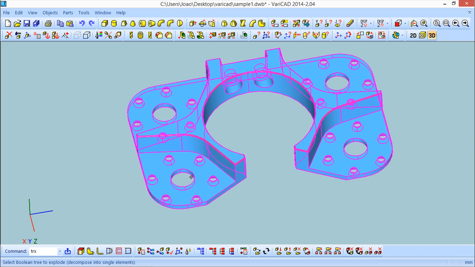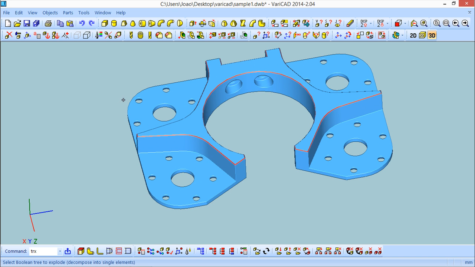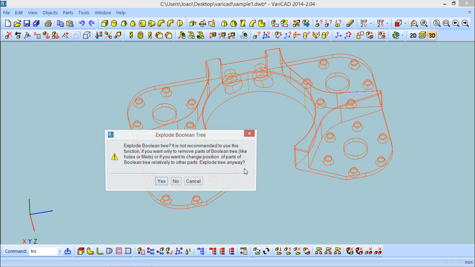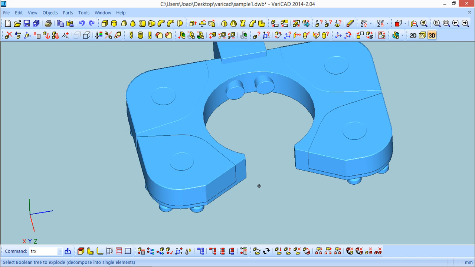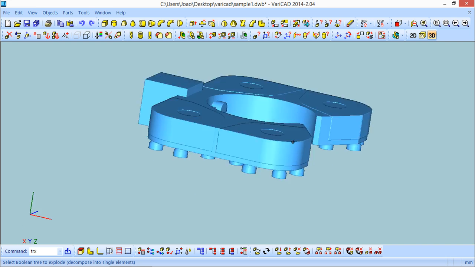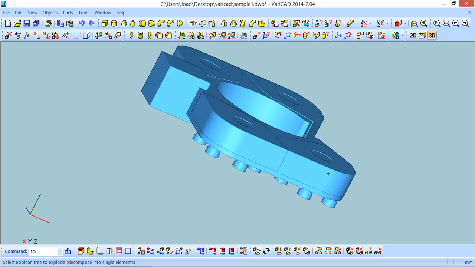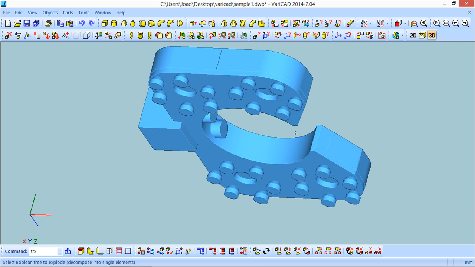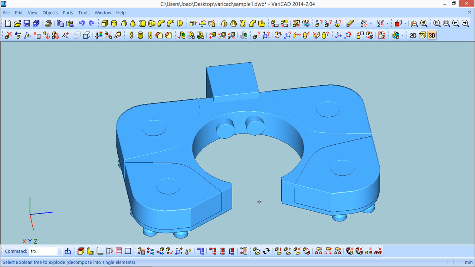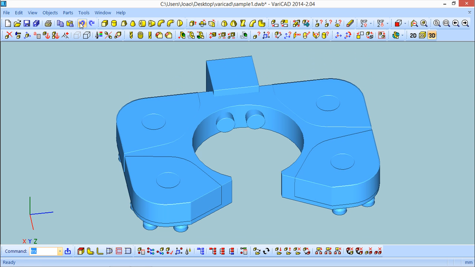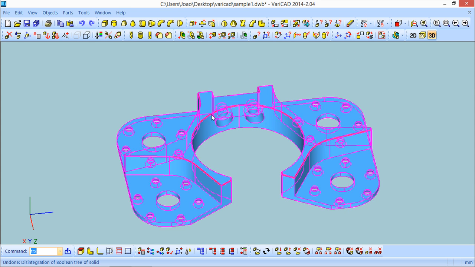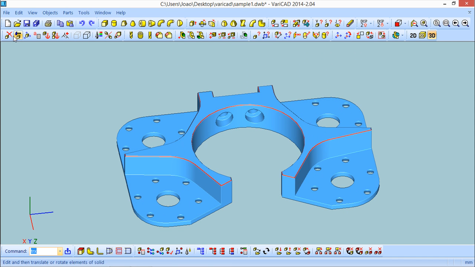So basically, if I want to click on this, it will warn me about these issues, yes, and then you can see that I've exploded everything. So these are the basic solids that give the shape to this part. So the undo will bring it back, but be careful with this. Okay,